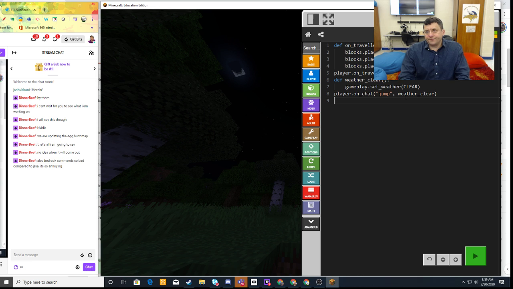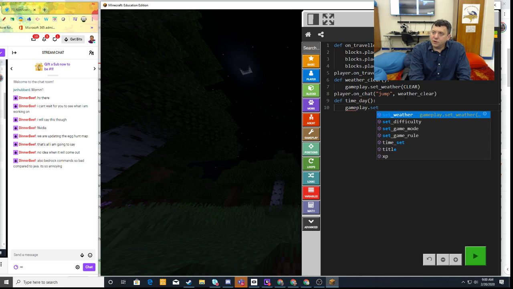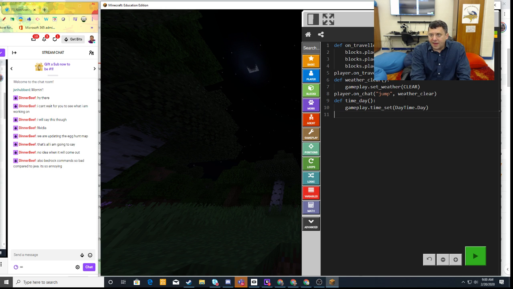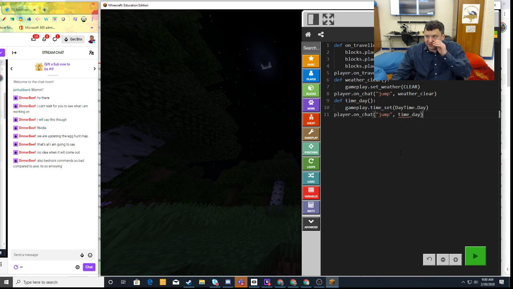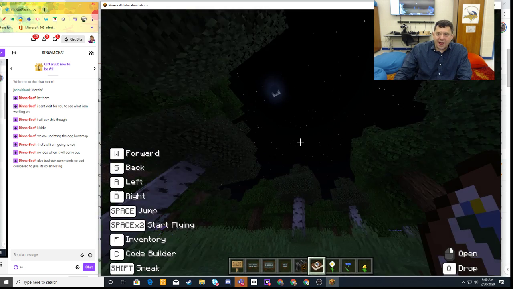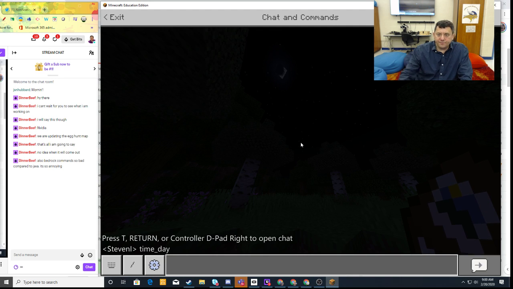And likewise, let's do def time day. That would be this too. Gameplay time set, daytime day. Okay, and then player dot on chat. Oops, they love to do that to me. I don't want that. Let's call this time day. Just something like that and see what happens. So now it's nighttime. If I do time day...